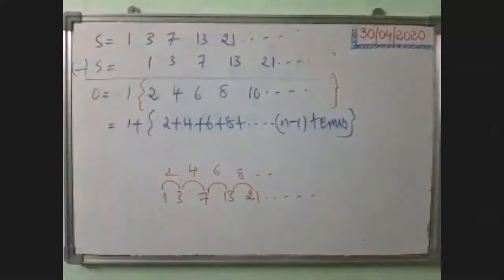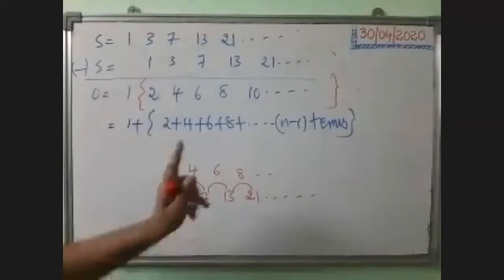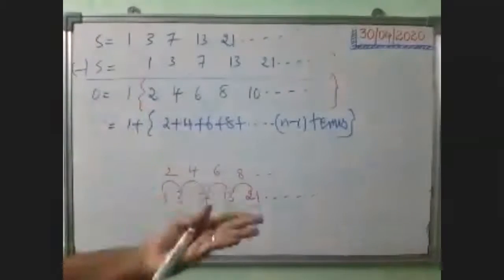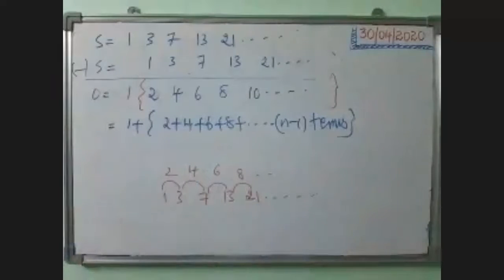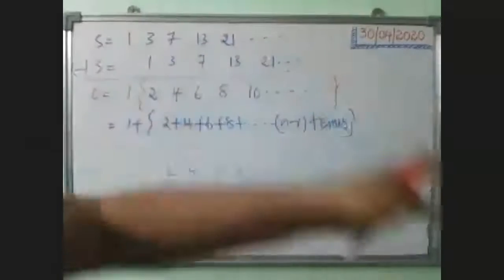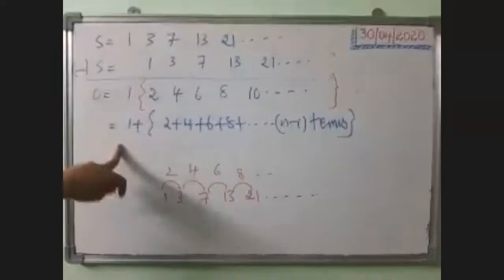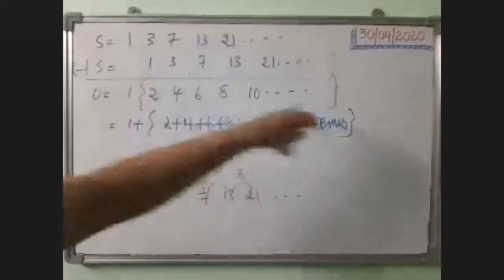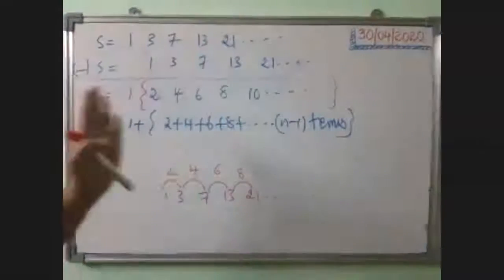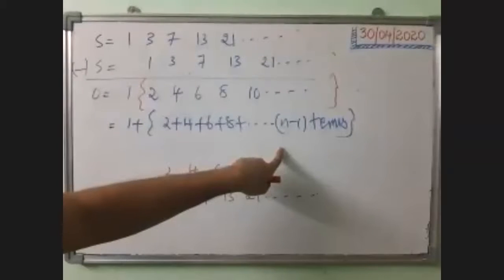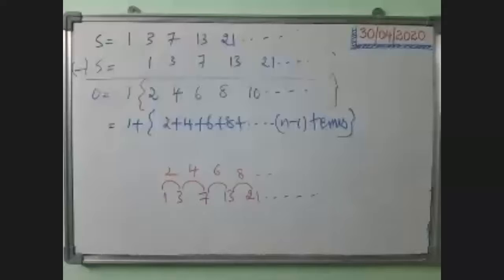Now we have to add. Remember, for this type of question, to find the nth term, you have to find the sum to n terms or sum to n minus 1 terms, depending upon the question. In this question, the first term is not involved in the arithmetic progression, because if you take 1, then these terms won't form an AP. That's why exclude 1. If you exclude 1, the number of terms becomes n minus 1. Now you have to find the sum to these n minus 1 terms.